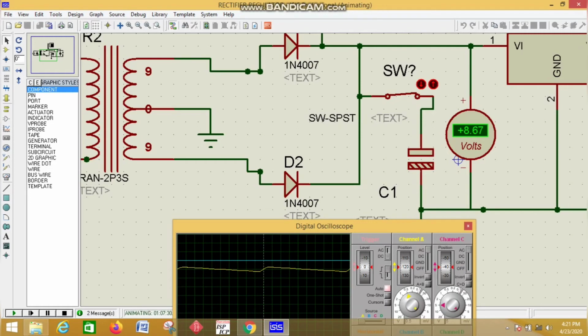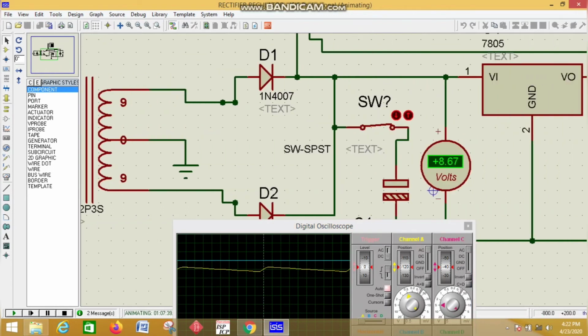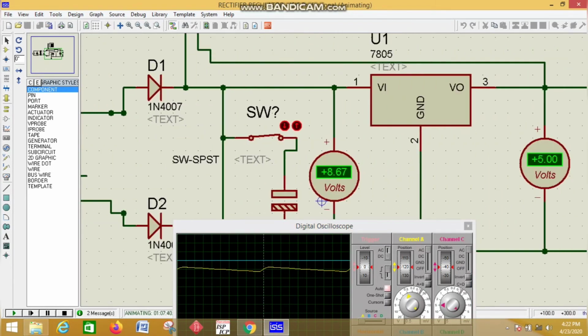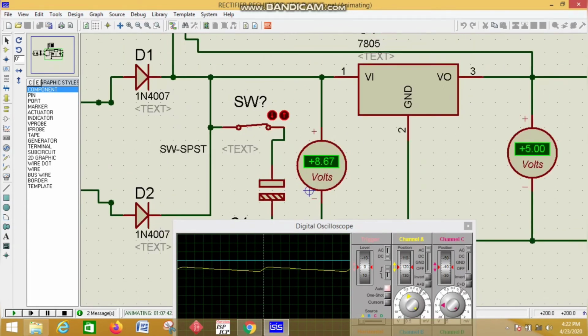This voltage is indicated on the voltmeter as 8.47. There are some internal losses, so let us take it as a round figure of around 9 volt. After regulation, we connect one more voltmeter, and it is now showing 5 volt coming out of the regulation.